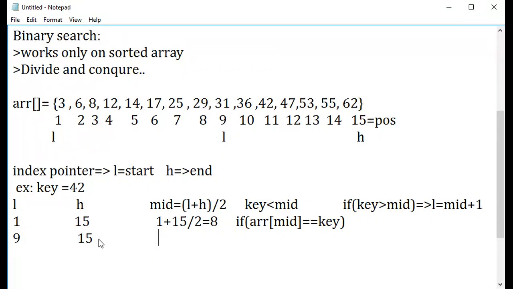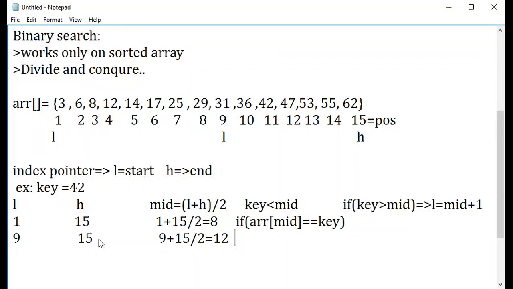That is nothing but 9 plus 15 by 2. So what is the answer you'll be getting? You'll be getting 12 as the answer, right? 24 divided by 2 gives you 12.